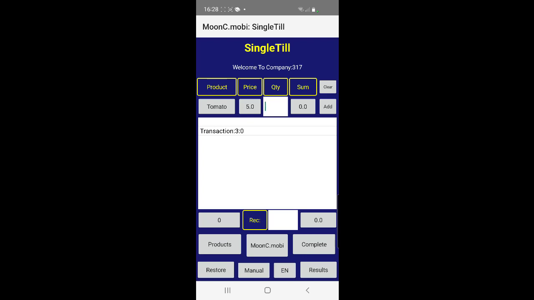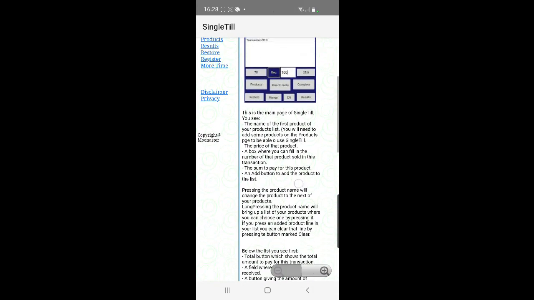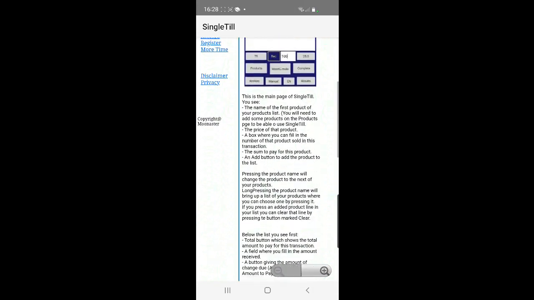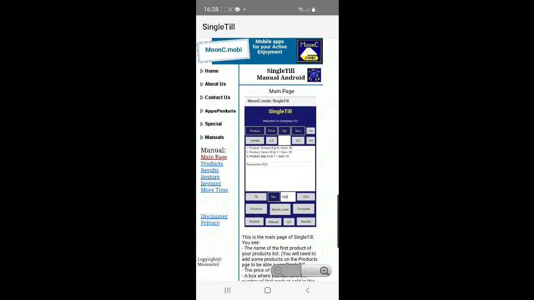You also have a manual button, and it will bring you to a page for this page of Singletail. And this page will give you more details about what each button does and other stuff, and show you an example.